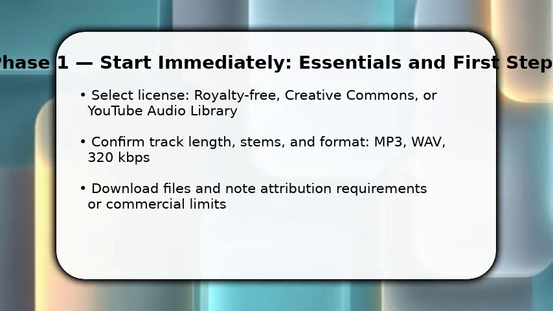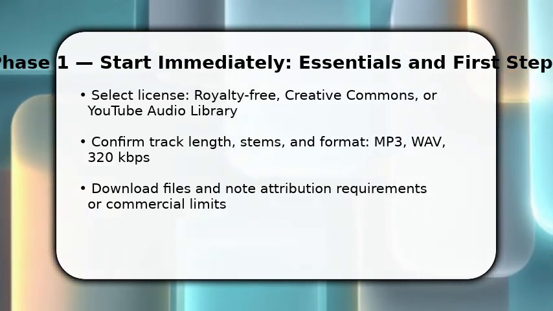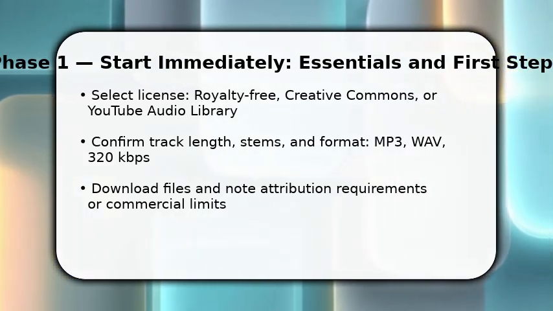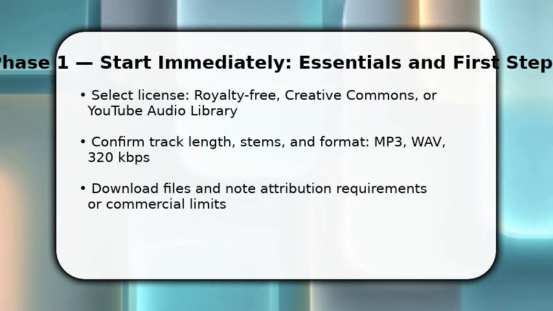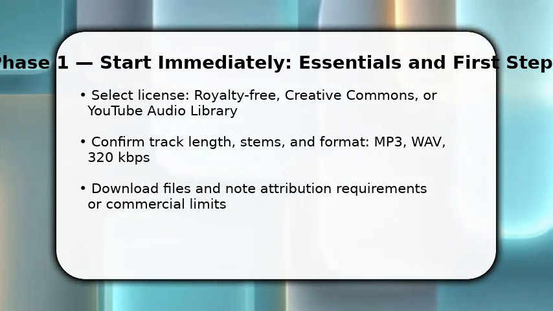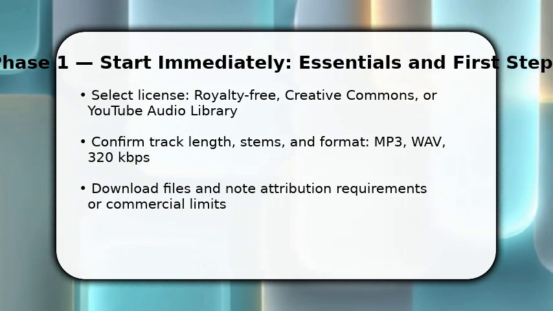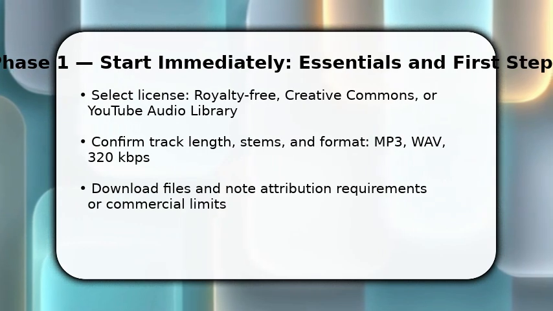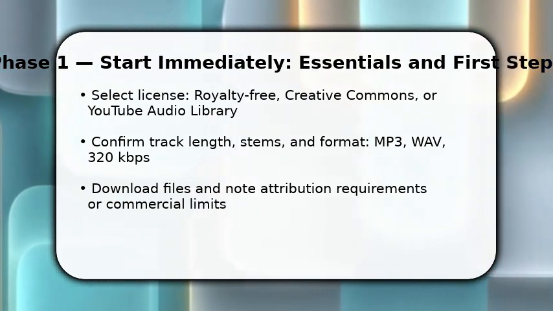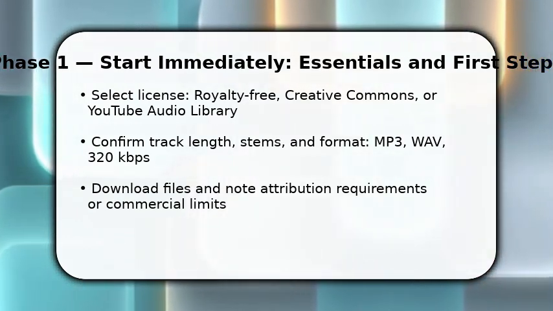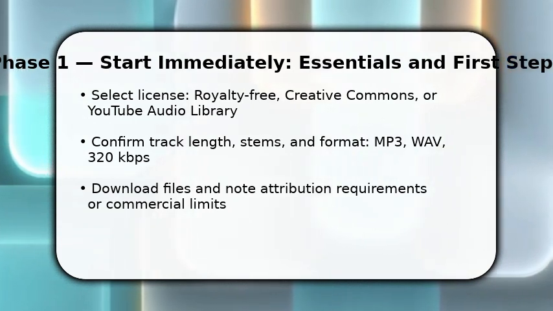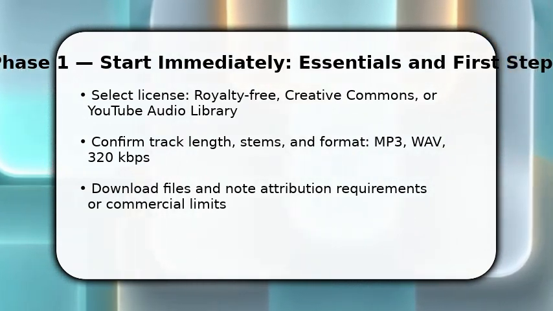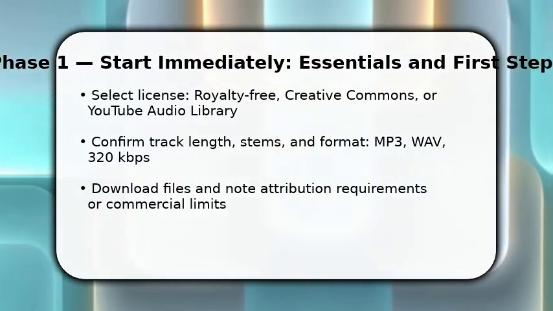You begin by picking the right type of music and verifying permissions. Do this now. You should choose royalty-free, Creative Commons with allowed use, or a YouTube audio library track. Make sure the file is MP3 or WAV and that you have the full track length. Once downloaded, note any attribution text and commercial restrictions. You must also import the file into your editing project, create a duplicate backup, and set an initial volume reference